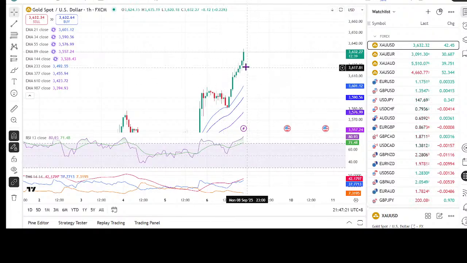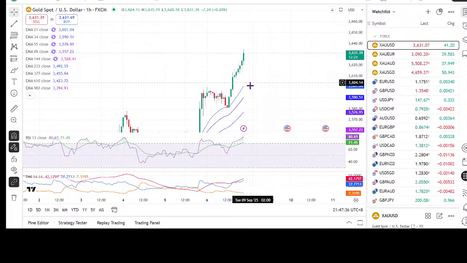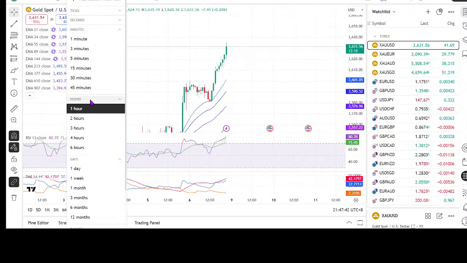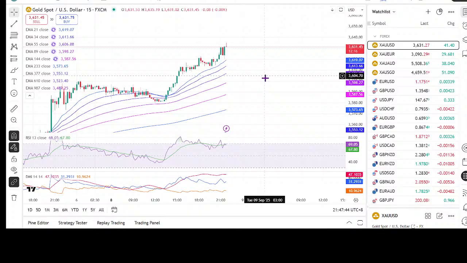So that's the only reason we got stopped out. So we got to go for this re-entry and try to get back on track. So now let's monitor this closely and try to get back our losses.